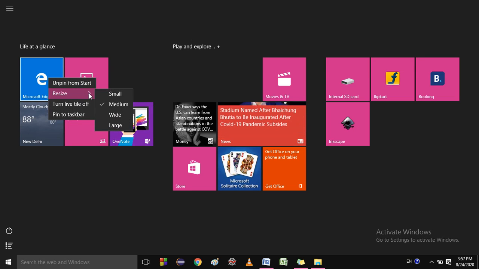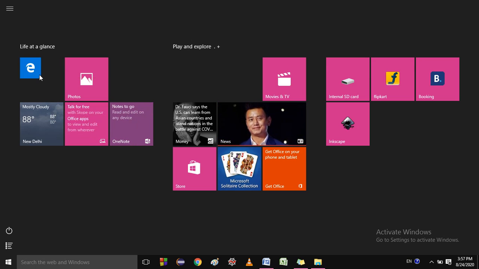Just click on resize, and there are options: small, medium, wide and large. If you click on small, you will see this tile appear in a small size. So this is the complete way to switch from large tiles to small tiles.